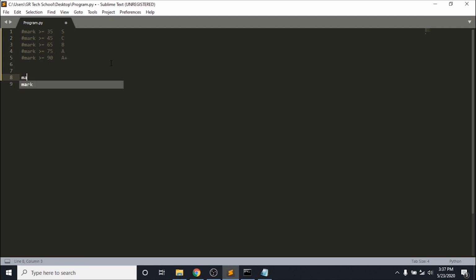First of all I want to get the subject name. So input, enter the subject. The second one is going to be mark. So input, enter the marks. So here I'm going to write if condition: if mark is greater than or equal to 35,